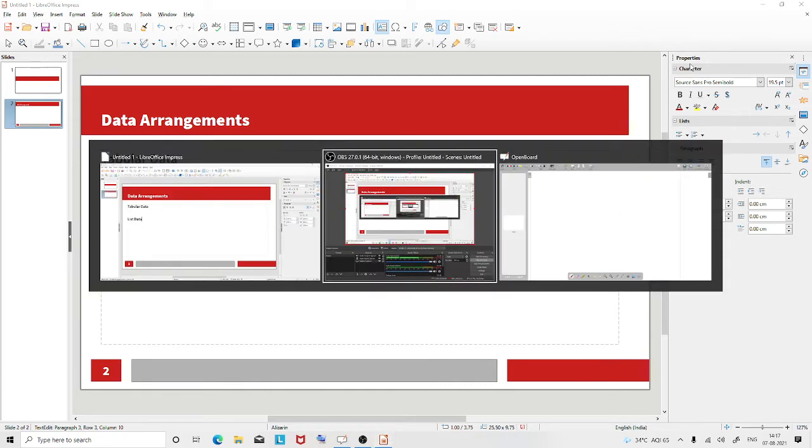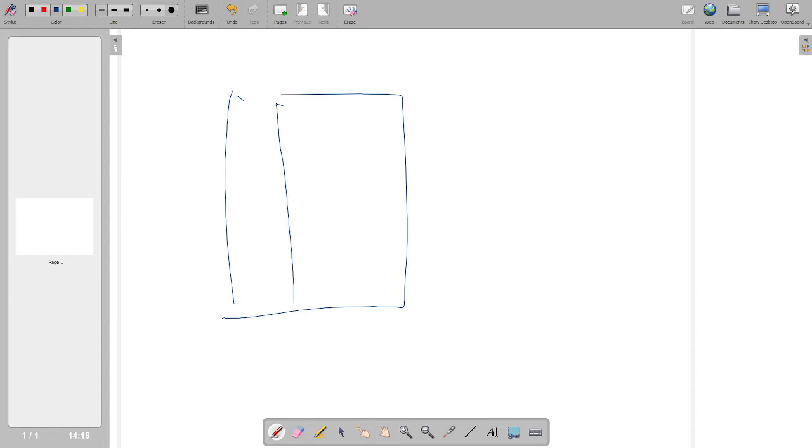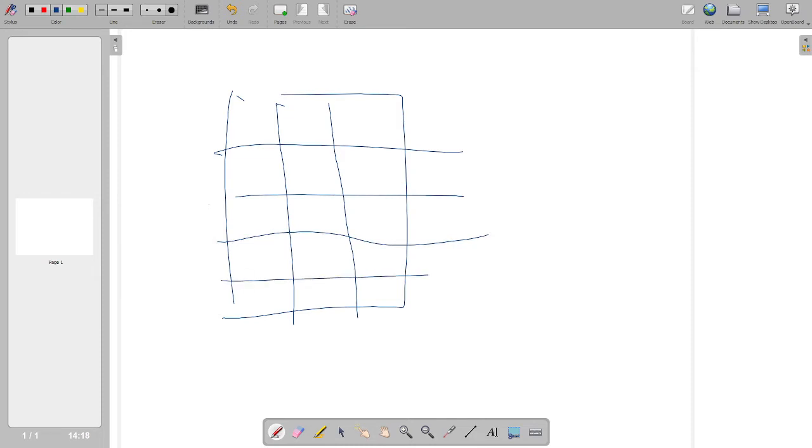So let's have this. Okay, so if you can see, generally this is called tabular data. These are rows and these are columns. Okay, so this is called a two element.